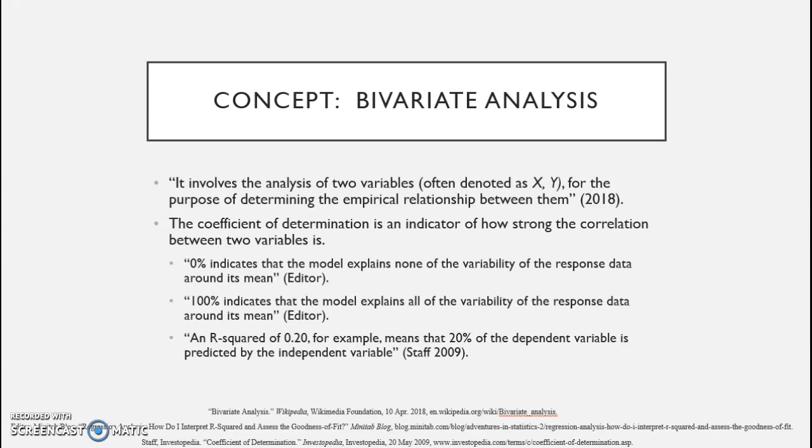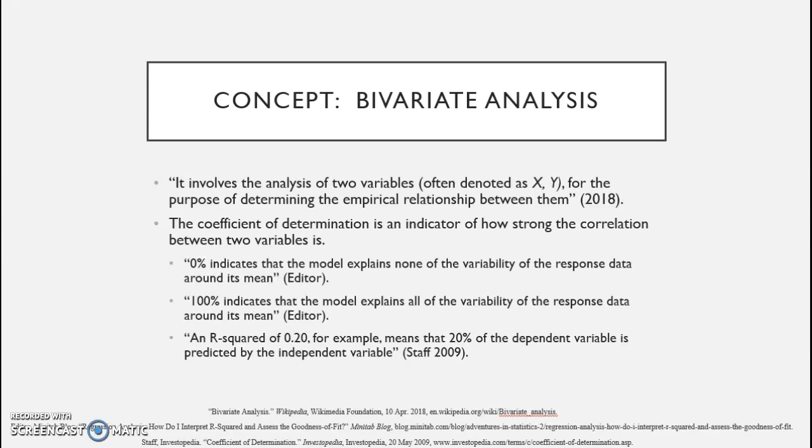So 0%, for example, indicates that the model explains none of the variability of the response data around its mean, and 100% indicates quite the opposite. So an r-squared value of 0.20, for example, means that 20% of the dependent variable is predicted by the independent variable. So at this time we will now move over to JMP so we can see an example of bivariate